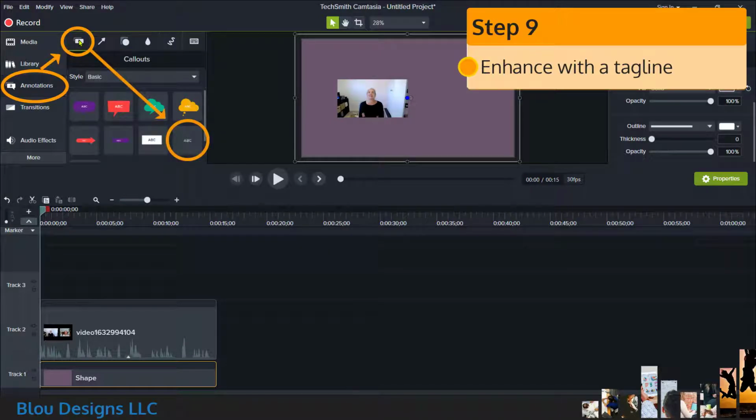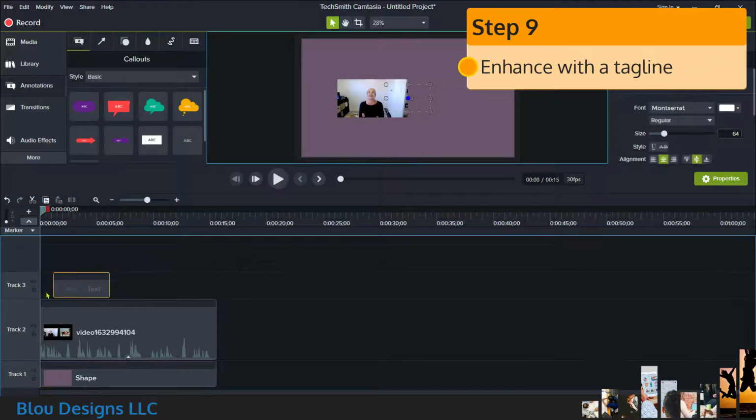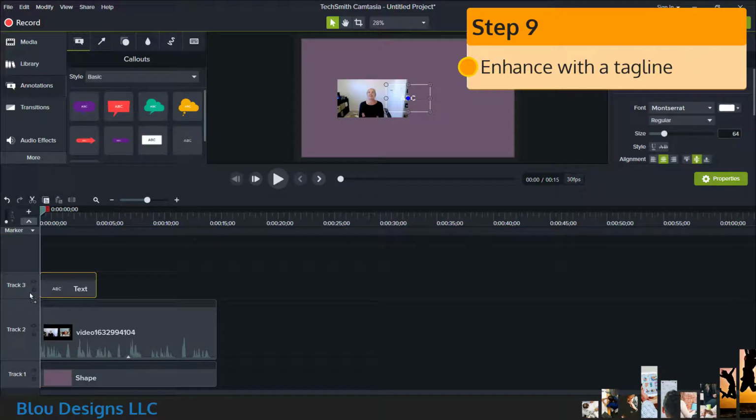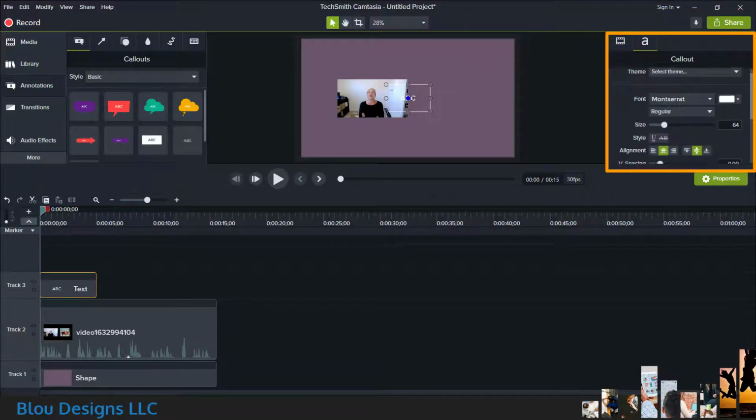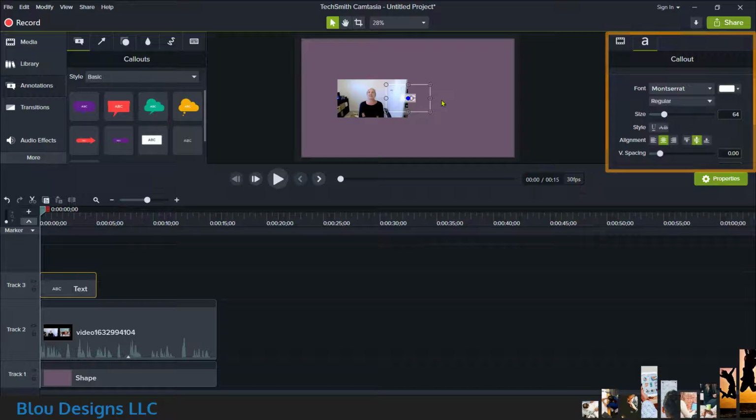I'll grab one with no color background, just text, because I want the background I've already set to show through. You can drag that annotation onto a track. In the settings, choose the font family, size, and color. Double-click on the annotation to select all of the text for editing and type in the tagline you want to